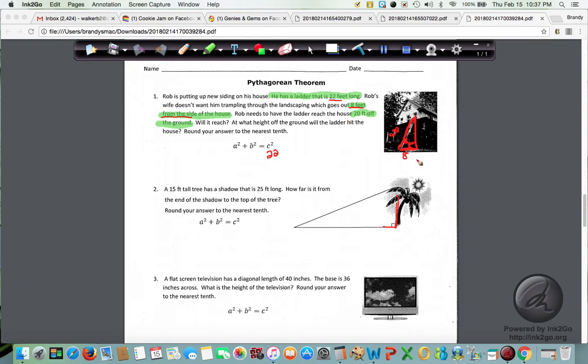So if this guy over here is C, let's make 8 B. Does it matter which one's A and which one's B? Does not matter. So this is going to be 8. And remember, we have to square these. So I'm going to make that 8 squared. I'm going to go back here and make 22 squared. And then A, it needs to go 20 feet off the ground. So the first thing we're going to figure out is, will it reach? Is this actually going to be 20 feet? That's our question mark. So we're going to hit plus 20